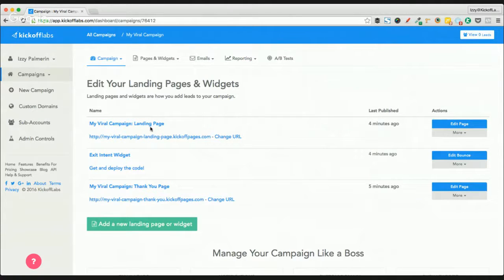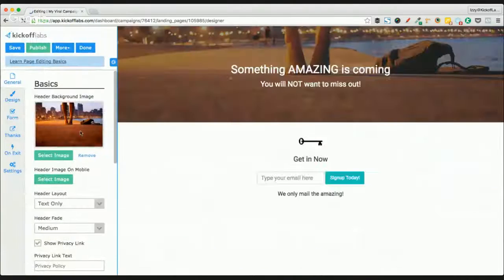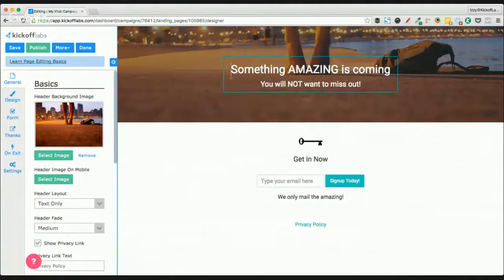I can see here's my landing page, here's my exit intent, and my thank you page. Now to start editing the actual copy and the images, to start customizing the page to my business, all I need to do is click edit page. And this goes the same for the thank you page, exit intent, and landing pages. So all I need to do is click edit page, and I'll be sent directly to the designer